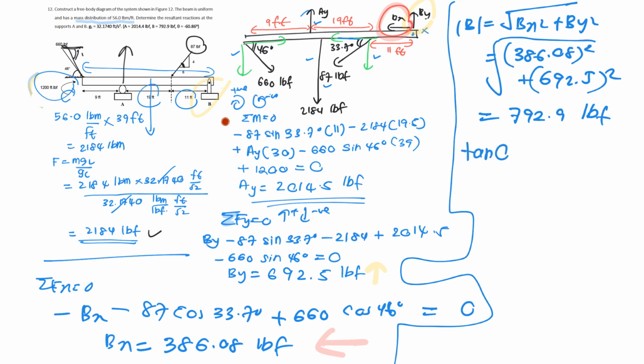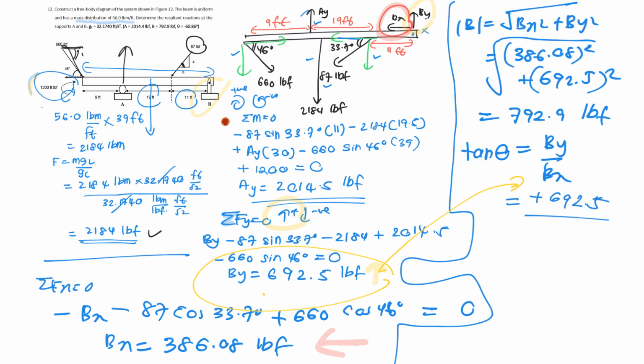Then I need to find the tangent theta. This one I need to put the correct directions and the true sign. So BY over BS. For the BY here, I assume upward and then I get positive, so my upward is positive, therefore I can put the positive over there. So it's going to be positive